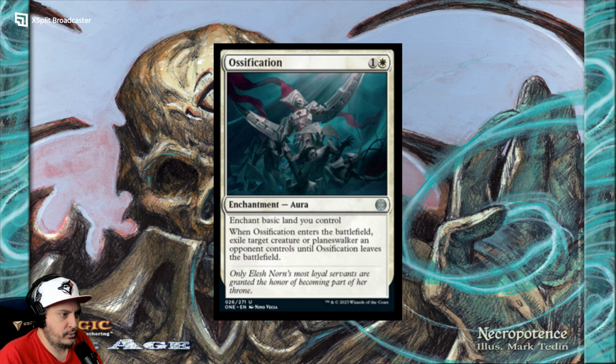Fateful Absence was 2 mana, and your opponent got to get a clue token. This one has nothing. It just sits around and keeps that creature exiled until this leaves play. The downside is it's probably only playable in mono white, just because it's asked to enchant a basic land. If it said enchant a Plains you control, then it would probably see